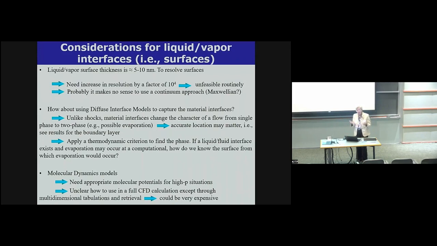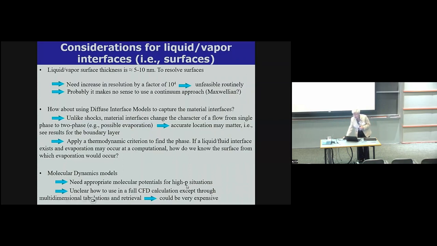So there are several other methods that have been used to actually capture interfaces. One is a WENO scheme, which we know is used for shocks. The other one is diffuse interface models, okay? For those, we need actually to have more than what exists right now. We actually have derived that. We need to have diffuse interface models for the fluxes of species and heat.